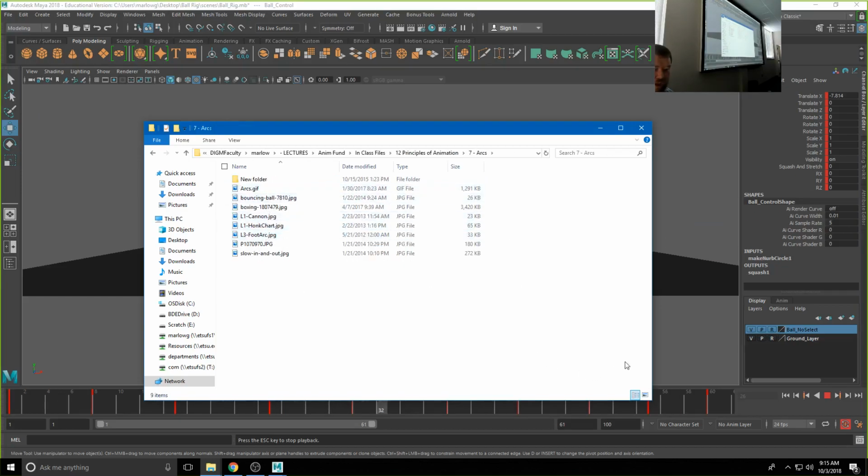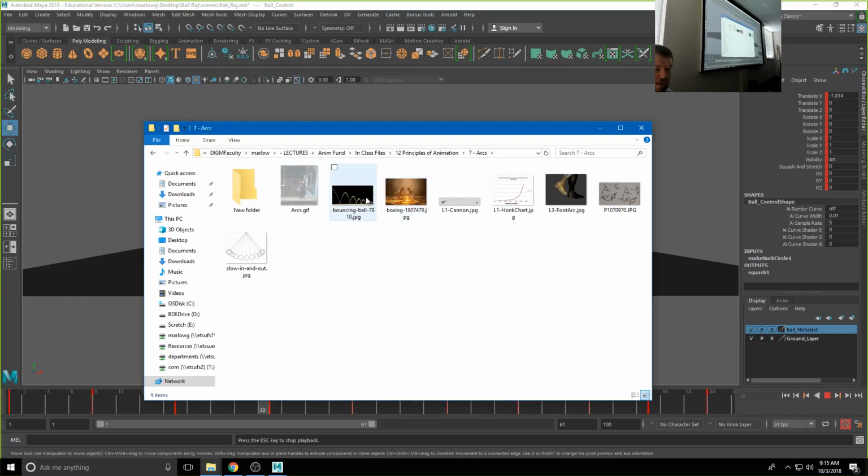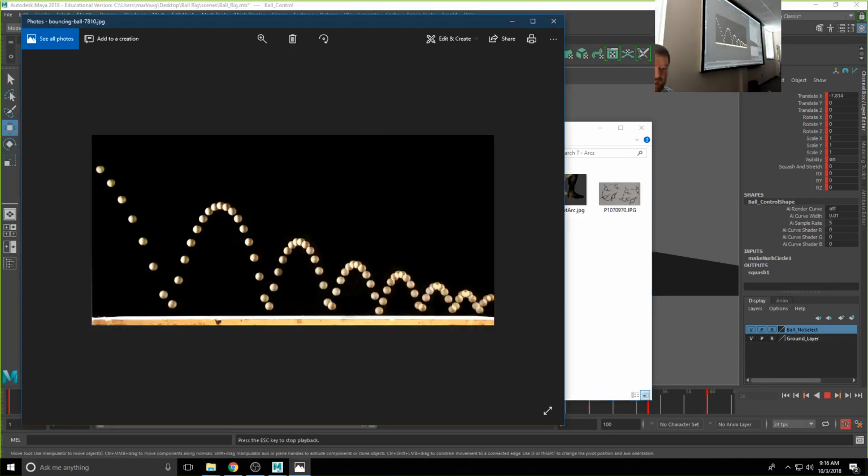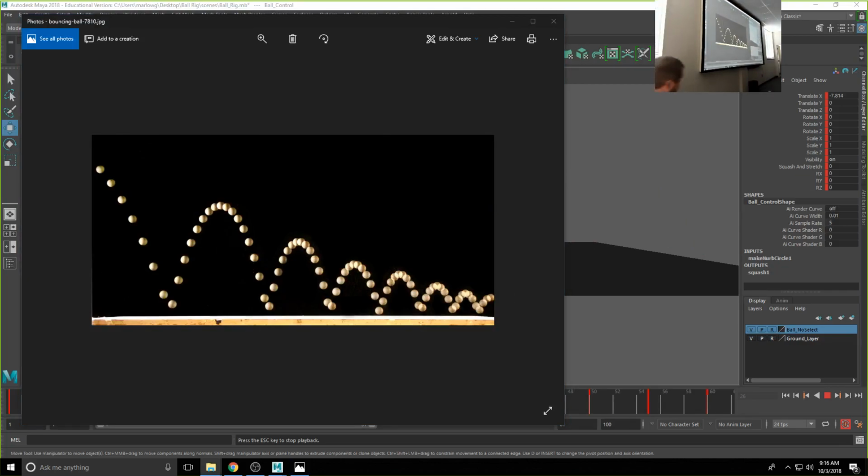Under arcs, we saw this. This is the path we kind of expect a bouncing ball to make. Right? I'm going to leave this open on another screen here and pull this back in periodically. And the thing that we're seeing in ours is instead of smacking the ground right there and coming back,